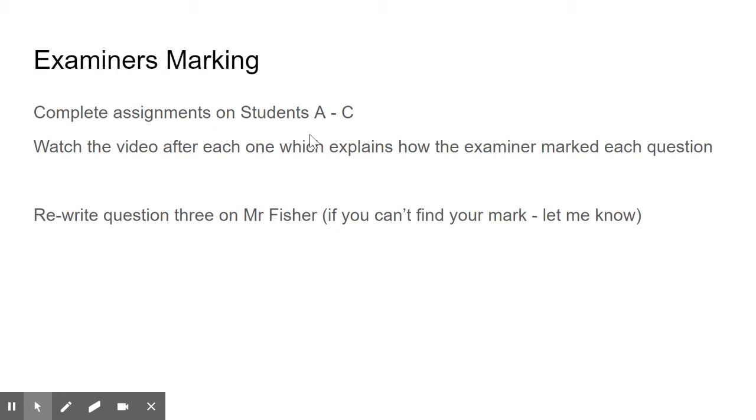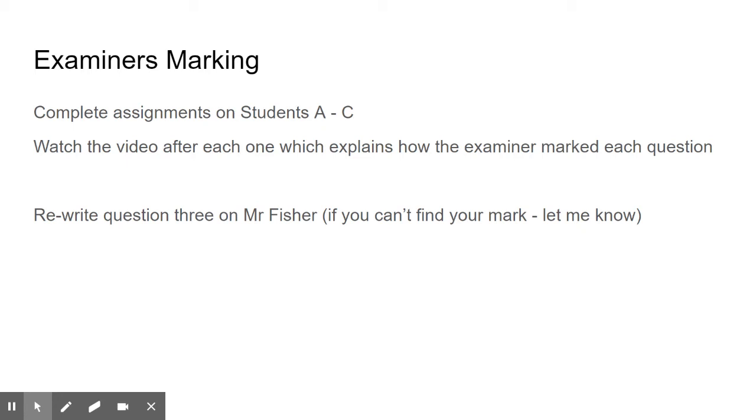It's the same thing. You're reading a model answer and you're giving your own opinions on it. How do you think the student got on? What mark would you give them? There's a few more specific questions this week. And then after each one, it's really, really important that you watch the video that explains how the examiner marked each question. And then when you've done that and you've got question 3 clear in your mind,